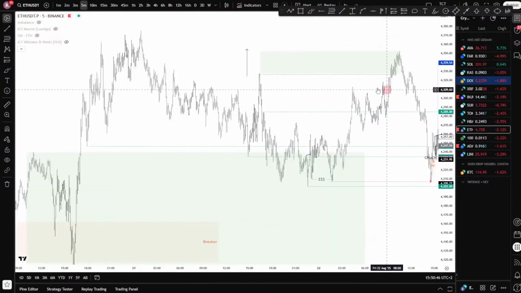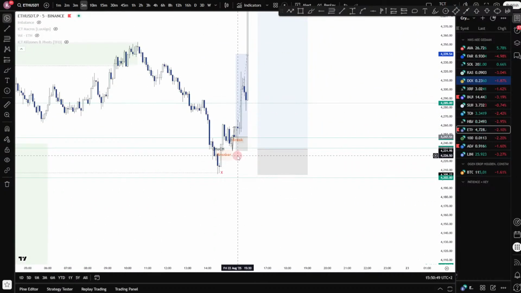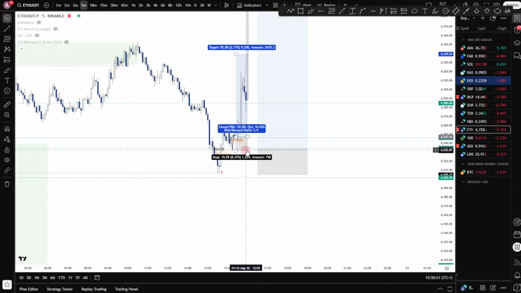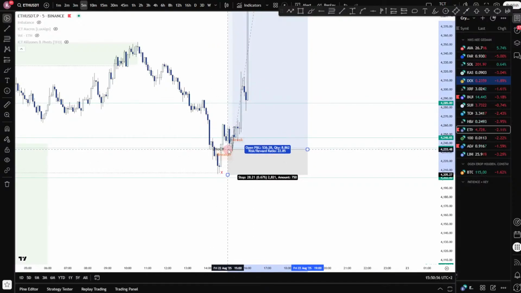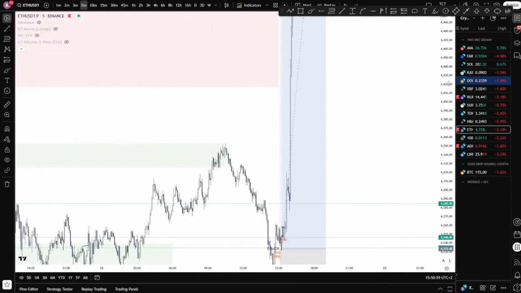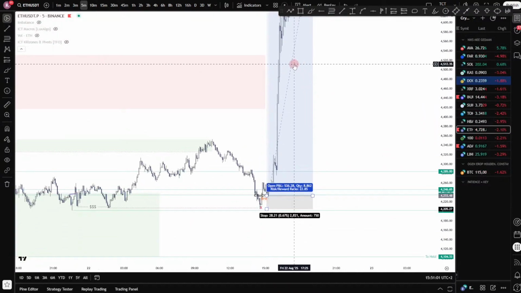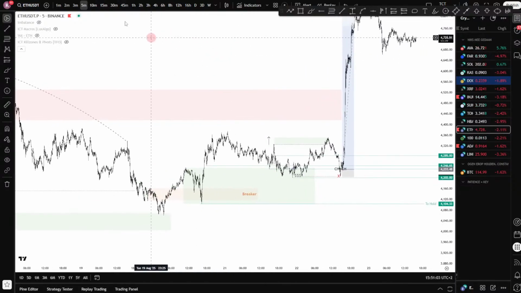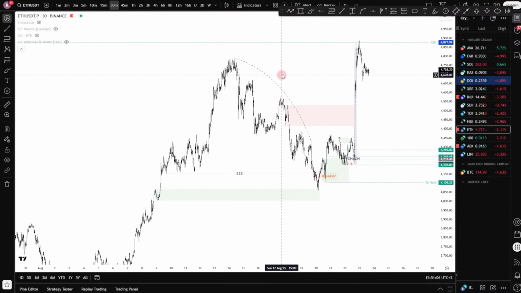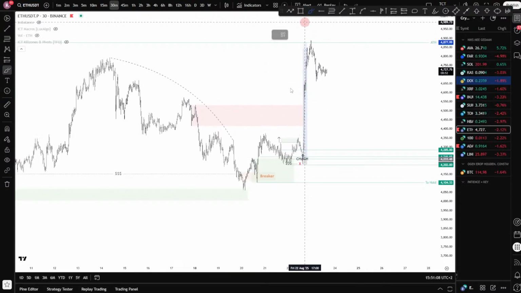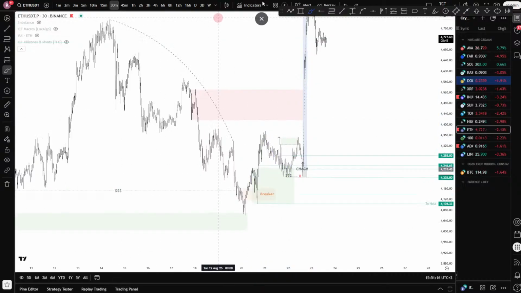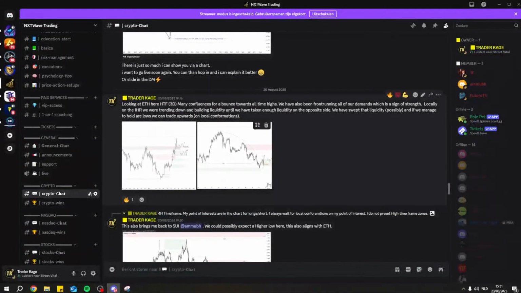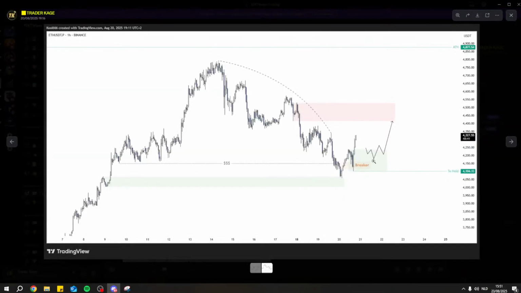We took that out, and then with the confluences on this local picture here, I'm sorry, but that's maybe not this one, but this one is always a play. Always. Also combining it with our high time frame that wants to look for that higher low, a new high, of course, like shared in the Discord right here.